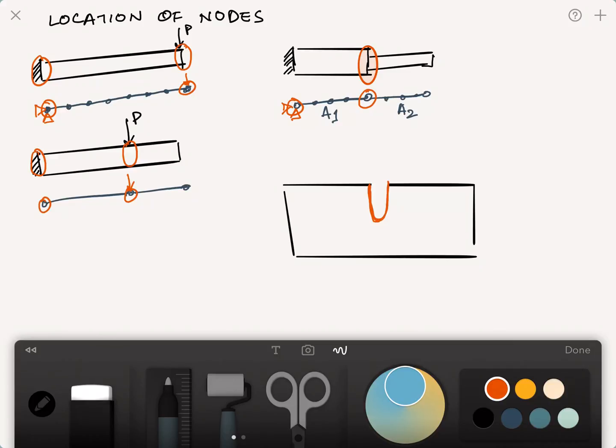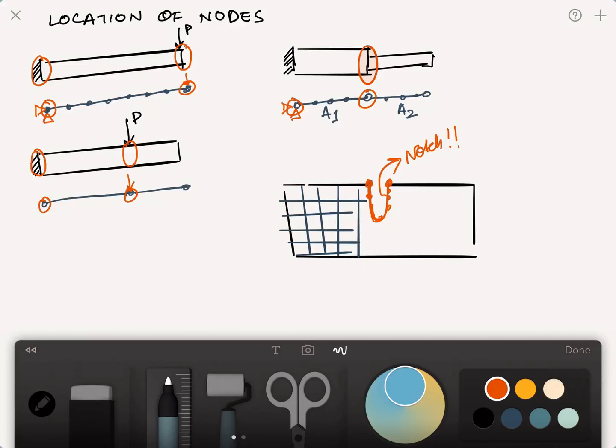So I need to make sure that when I discretize this part into a certain number of elements, so if I say, okay, I start making 2D elements because it's a plate, I have to make sure that there are nodes that exist here and here, and most likely all along this curve, so that I can see this as a notch. So these are the important discontinuities to show that they exist, whether it's a load introduction point,